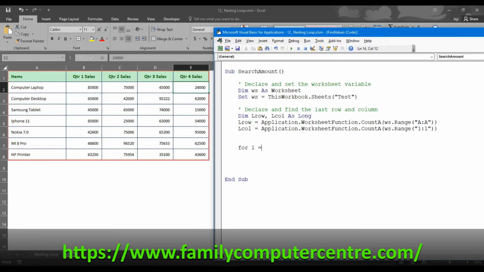So I'm saying for I is equal to 2 to L row. L row stands for what? L row stands for last row, which we already found. Okay, so this is the outer loop. Correct. So it runs 2 to last row. That means it will start from here, it will go till last row. Correct. So inside that I want another loop for j is equal to 2 to last column. Correct. Okay, so we can see here I is running 2 to last row, j is running 2 to last